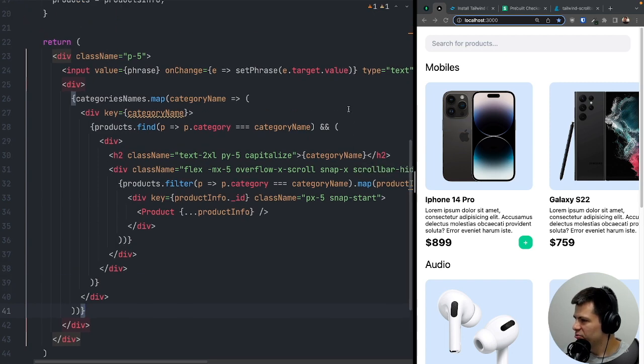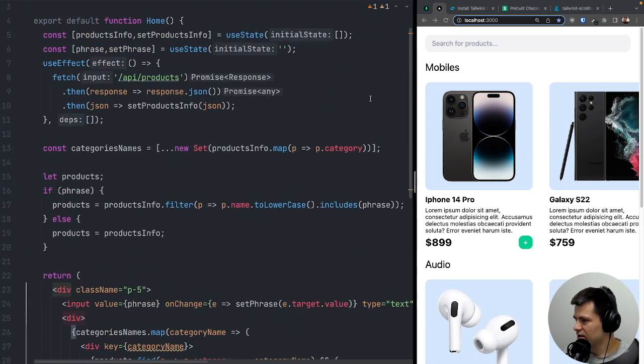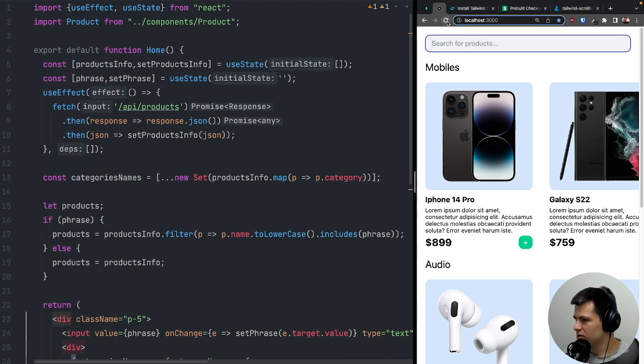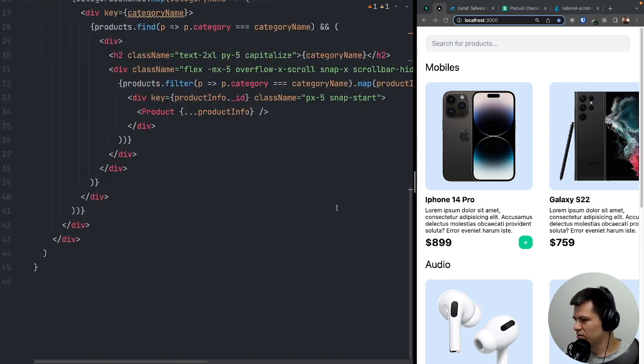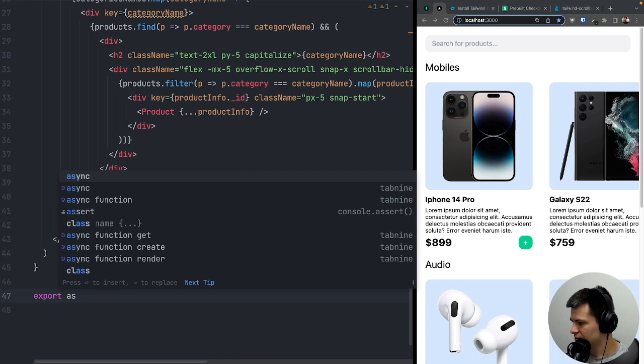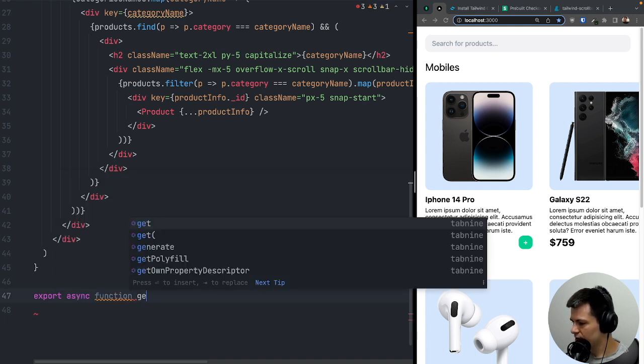Now a cool feature would be to use actually Next.js and not wait for rendering and fetching those products, but it should render on the server side. So as you can see, we are fetching the products, but we can actually fetch them using getServerSideProps. So when Google, for example, visits the site, it will already see all the products. It will not wait for this fetch here. Yeah, and I think it's a cool feature to use. So let's do export async function, and it's called the